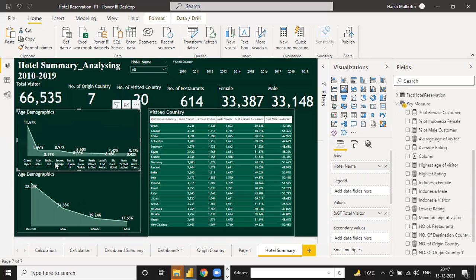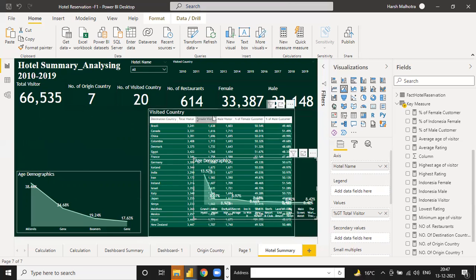And see, 1, 2, 3, 4. It is not good, it is too small. I want to change it to bigger.